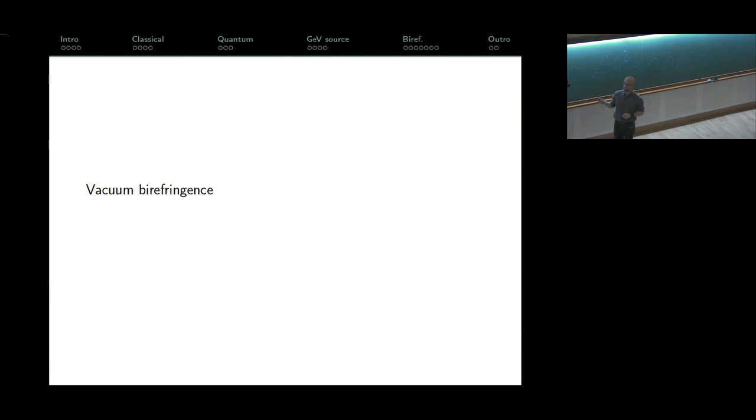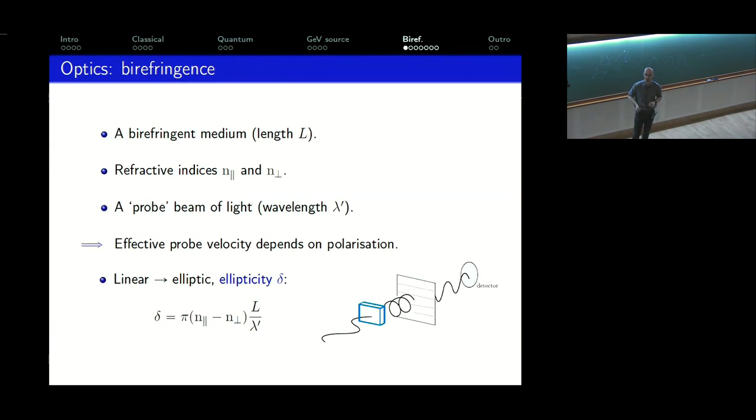So what is vacuum birefringence? Well, let me first remind you what birefringence is. Suppose I have some birefringent crystal sat on my lab desk. It's got a length L, and it's got refractive indices, n parallel and n perp. And I shine a ray of light through that birefringent crystal. The speed of the different polarization components of the light through the crystal depends on the polarization because of the refractive indices. And if you send in a linearly polarized beam of light, it will emerge with some slight elliptical polarization.